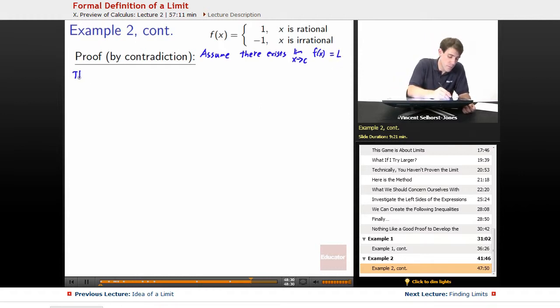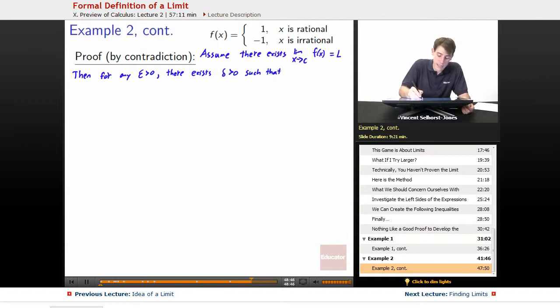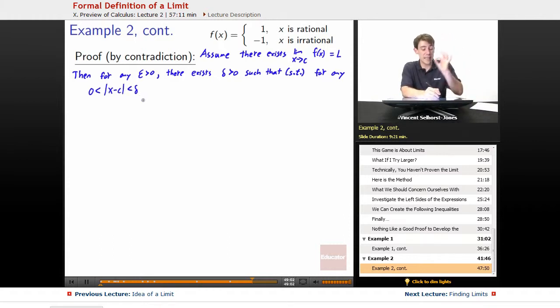Then, for any epsilon greater than 0, by the definition of how a limit works, we know there exists some delta greater than 0 such that, and from here on out when I write such that, I will probably just use s.t., such that for any 0 less than the absolute value of x minus c less than delta, that is to say an x that is less than delta distance away from whatever our c happens to be, we know it must be the case that the absolute value